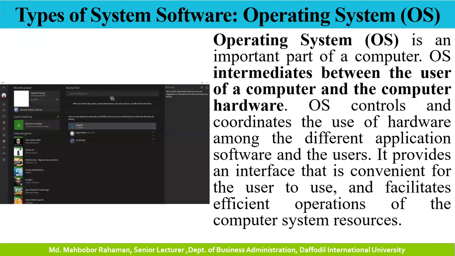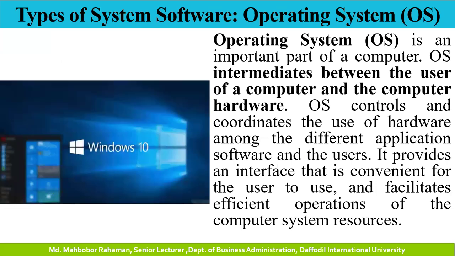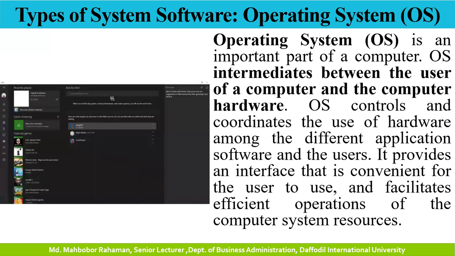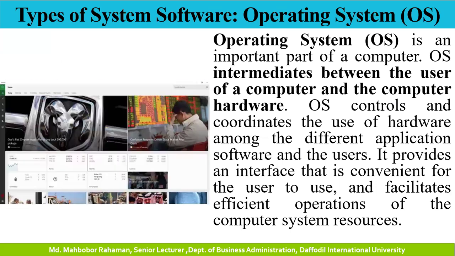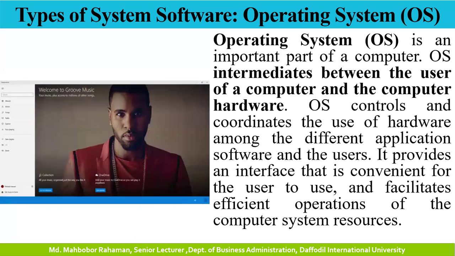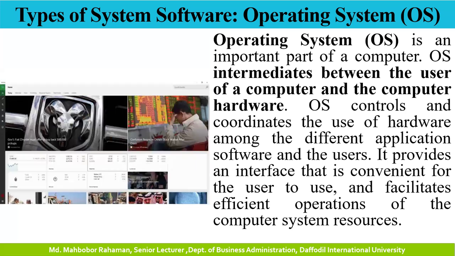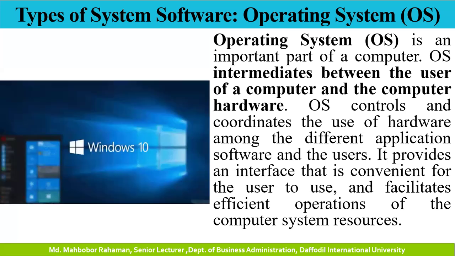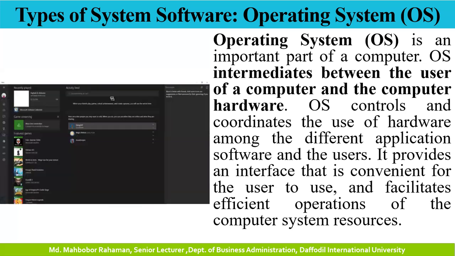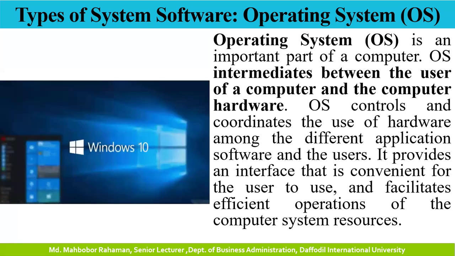But the system software, the main important part of the system software is the operating system software, one of the key system softwares. Mainly, the OS is an important part of the computer. The OS is an intermediary between the user and the computer hardware. The OS controls and coordinates the use of hardware among the different application software and users. Mainly, it provides an interface that is convenient for the users to use and facilitates the efficient operation of the